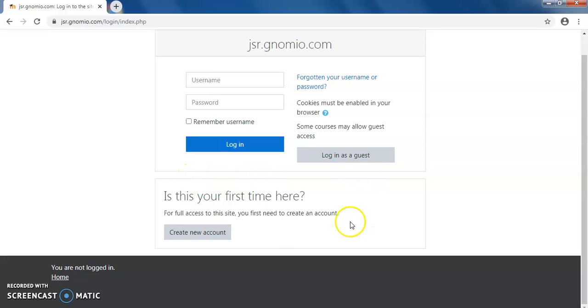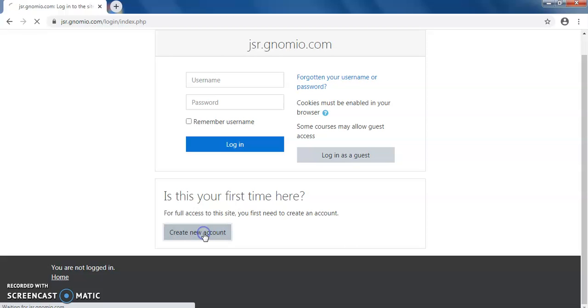We wanted this because this tab will be used to create a new account by the users, by the participants, by all people who want to self-enroll in the course.